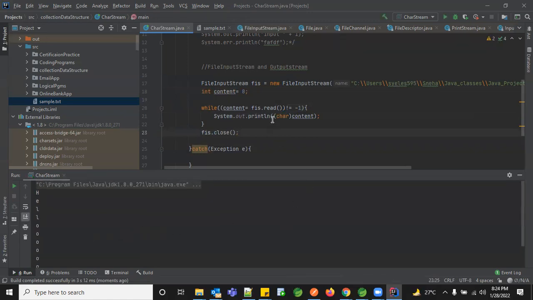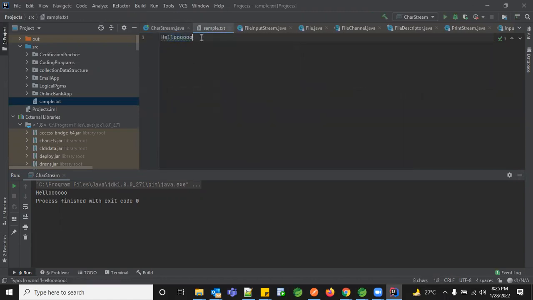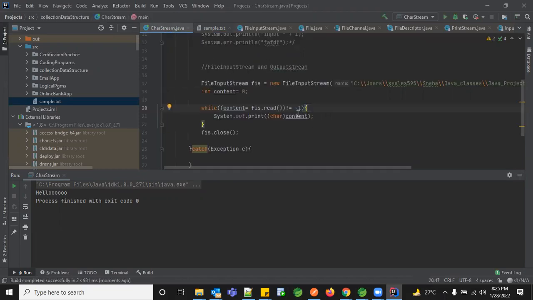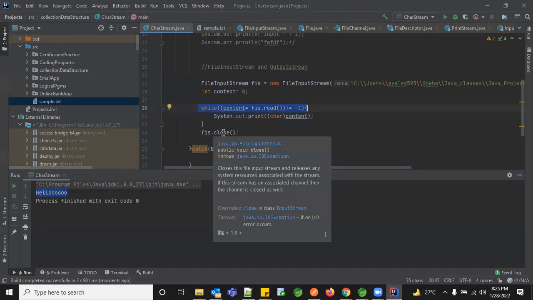So if you see this time, let me use print. You got your entire text. Earlier, we didn't have this condition, so whatever content you got at the first position, only that character was printed as part of your system.out.print. Whereas now I'm telling it to check till -1. So this is a condition looping happening, and it loops over the entire text until the end of file reaches -1, and then it will stop printing your data. So this is one way to read the entire text file.